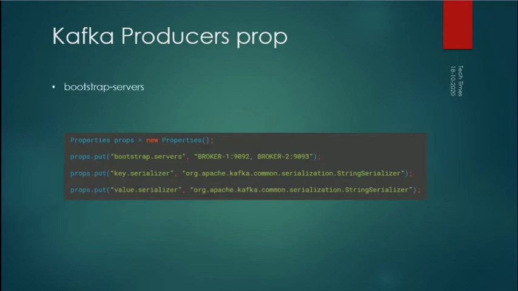First one is bootstrap servers. So these are the addresses of Apache Kafka brokers where a producer can connect to. Then we have key and value serializers. This is used to encode the messages which we send to the broker. It is beneficial for two purposes. One is network optimization, also the storage and compression.